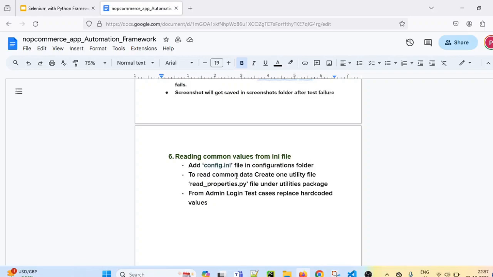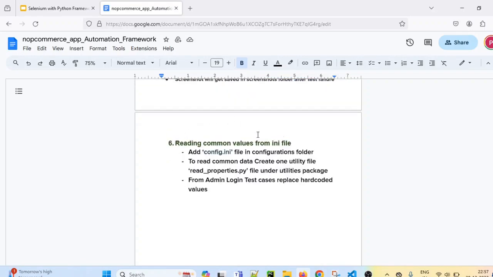And to read that data, we have to create one utility file, read properties.py. We have created that, and using this file we have created static methods inside it. And using those, we have successfully fetched the data from the config.ini file for the admin login page. So this is about reading common values from an INI file.